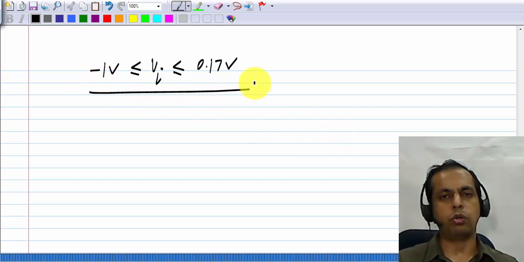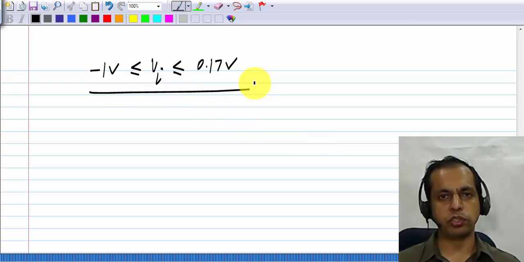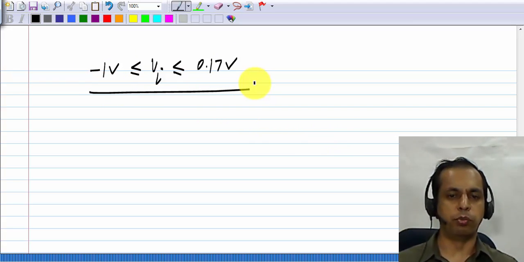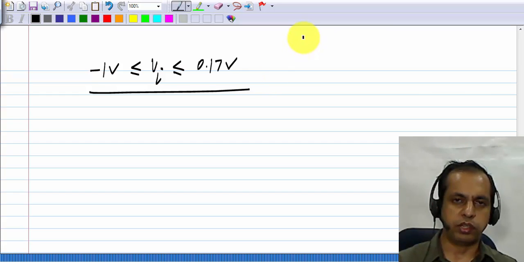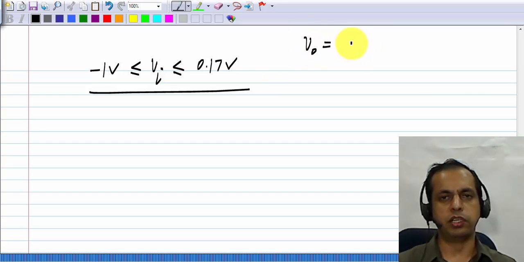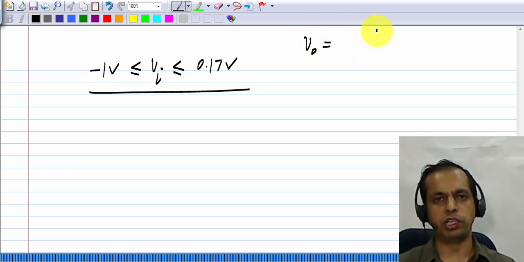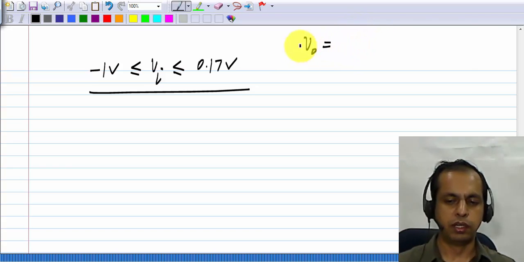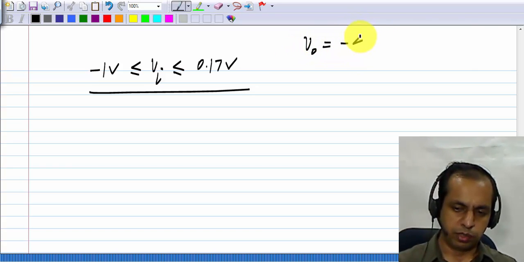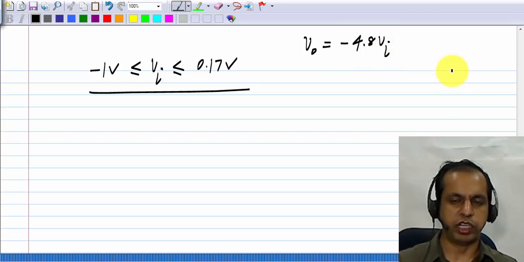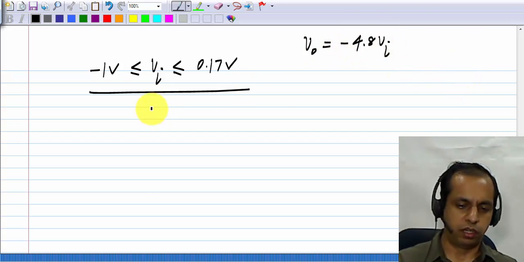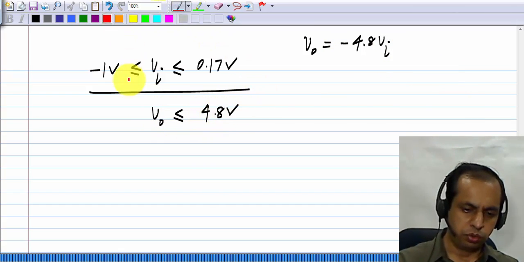Sometimes you want to know what is the output signal that can be produced so that it's a faithful copy of the input, and that's very easy to calculate because we still use the relationship between input and output based on the small signal incremental picture. In our case, V0 is minus 4.8 times Vi. So from this we can write that V0 should be between 4.8 volts,